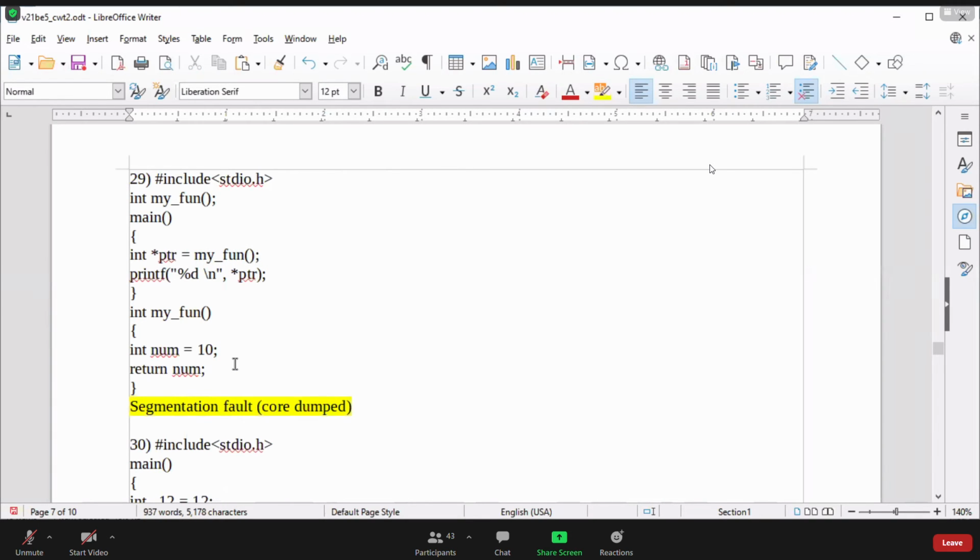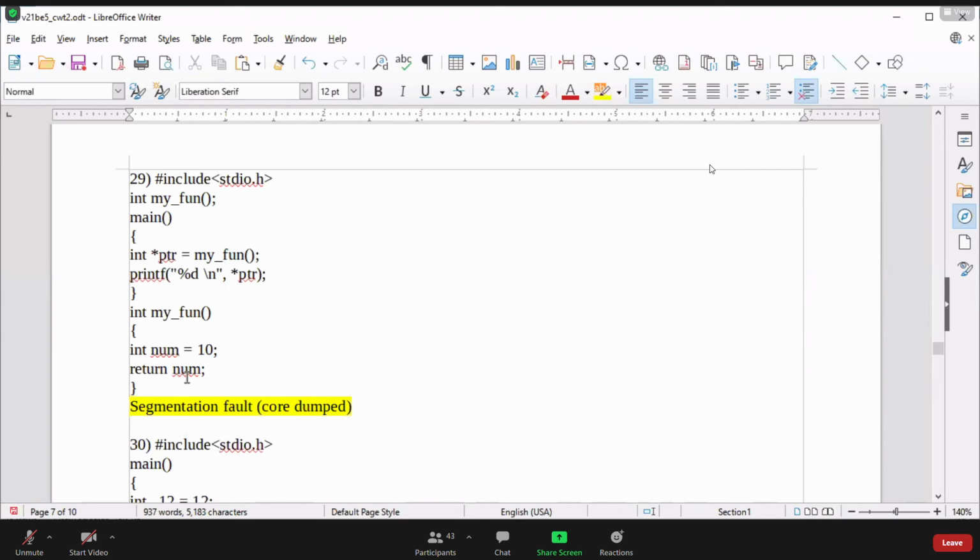See, first of all, try to make it clear about dangling pointer. When we return the address of a local or auto variable, when the pointer is pointing at a life-ended variable, at that time a dangling pointer is going to occur.